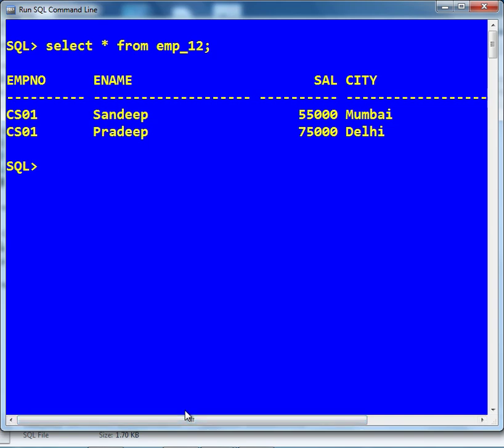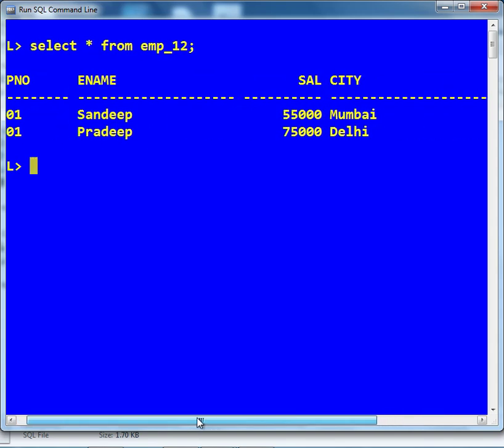Now try some mathematical calculation with the date of birth column. Select sysdate minus DOB from EMP underscore 12.